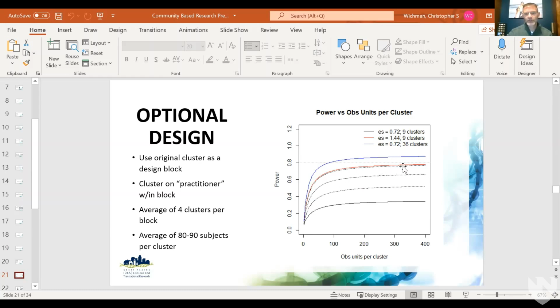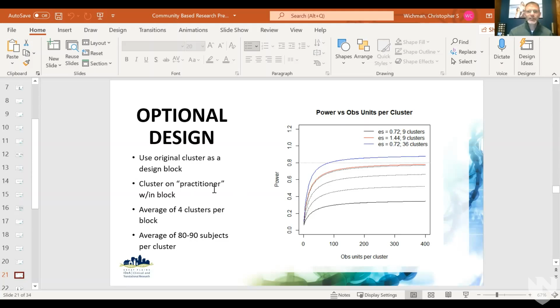And you can see I get to 12, 15, 18 clusters. So I haven't quite gotten to 36 yet, and I still haven't gotten there. It takes me to 36 to get the number of subjects that I can actually support. Because if I take 4 times 80 or 4 times 90, that gives me 320 to 360. So I can support that because that's how many subjects my blocks now tend to see, because that was the original design. By using this practitioner or